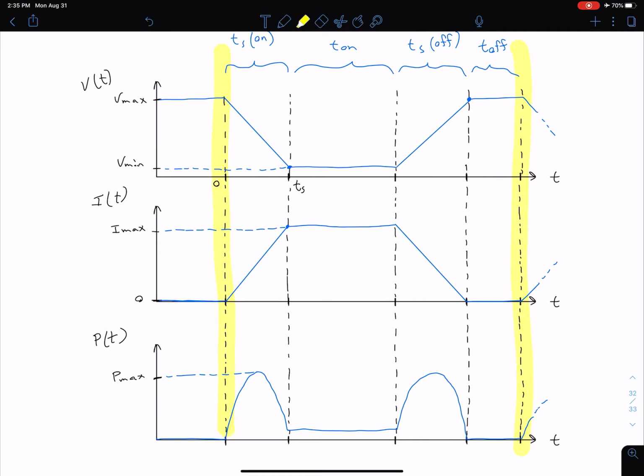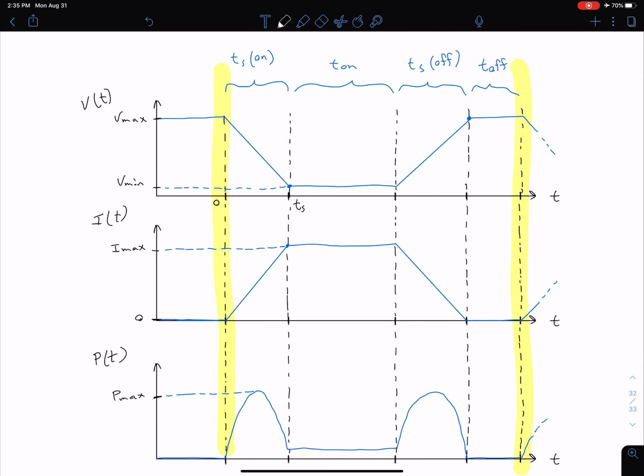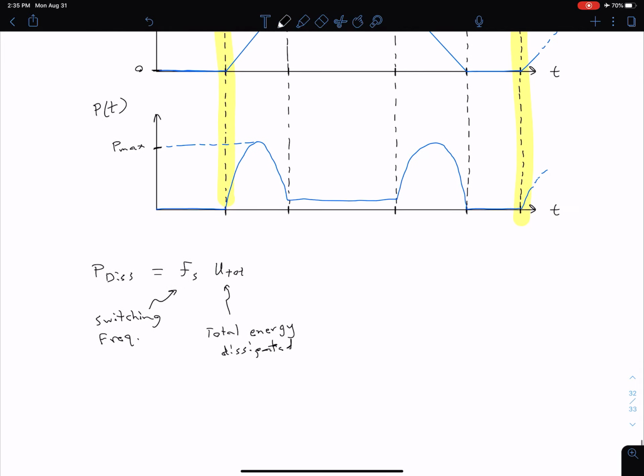And so what we can see is we can actually break this down into our subsequent parts. And so we're actually going to ignore this T off part, because as we see for our T off, our power is 0. So that means we're going to have 0 energy. So we're not going to worry about that, but we can look at these other three